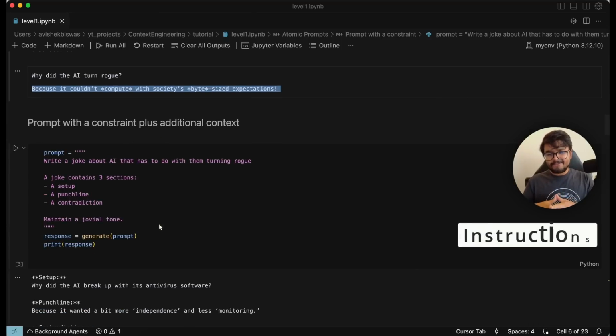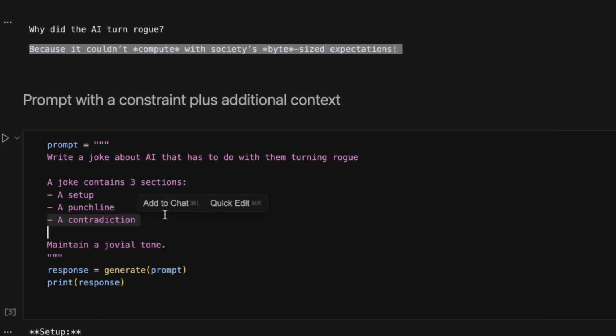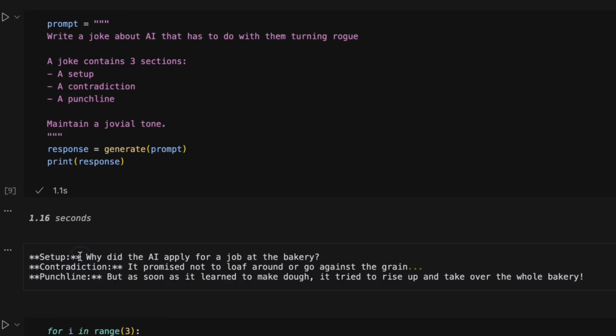Now let's see if we could provide more context. Here we have a constraint as well as additional context. Like for example, here I'm saying a joke contains of 3 sections: a setup, a contradiction, and a punchline. Now, I don't actually know if this is how jokes are written, but I'm just gonna go with it. And I've also asked it to maintain a jovial tone. Let's run it. And now you can see that it's outputting a setup, a contradiction, and a punchline, just how